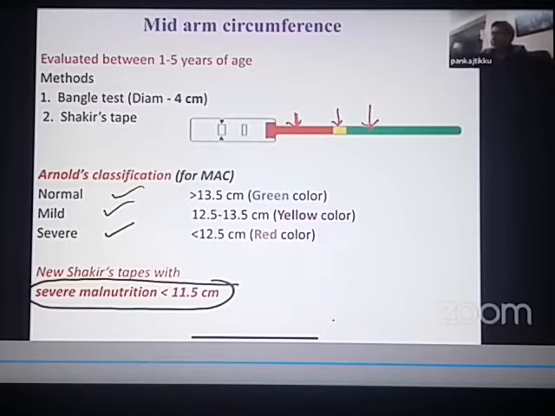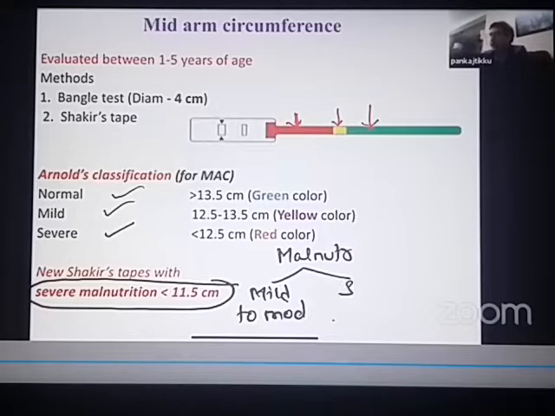Now please remember, malnutrition can either be mild to moderate, or malnutrition can be severe. Now it is the severe malnutrition which has been defined by the World Health Organization by a new term. And what is that new term? You should know. That new term is severe acute malnutrition. So we just look at that term, severe acute malnutrition, and talk about what is the definition of severe acute